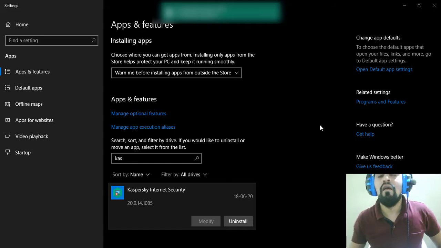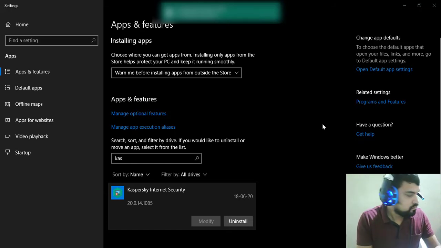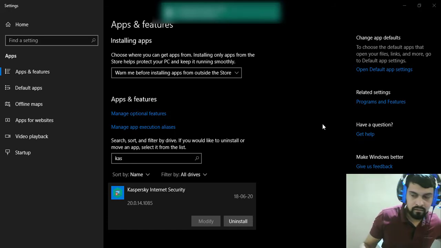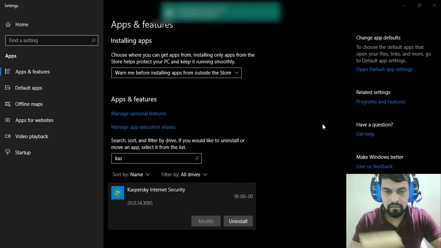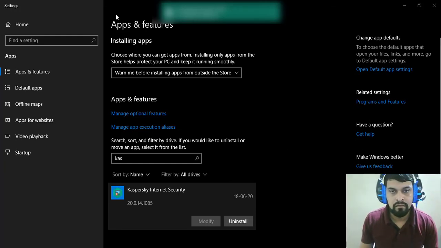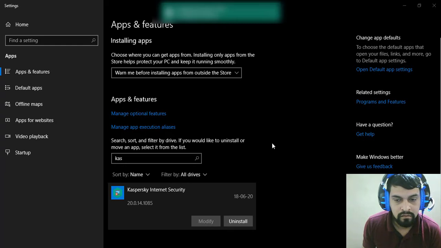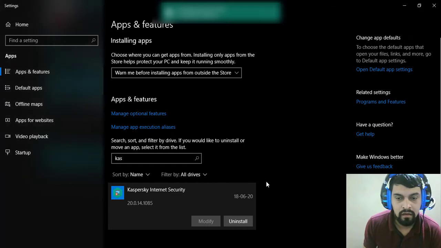So guys, you can see already the Kaspersky is installed on my computer.